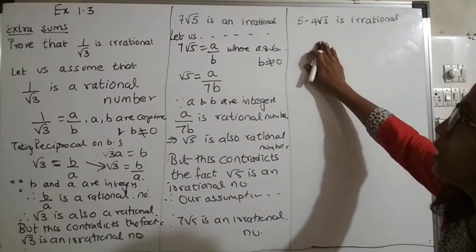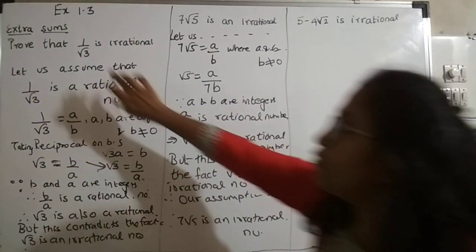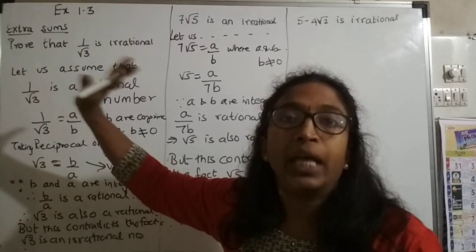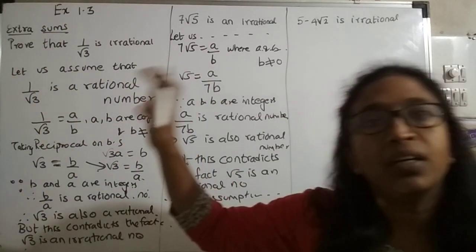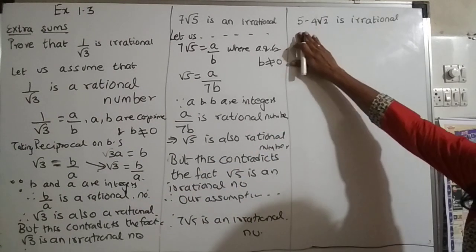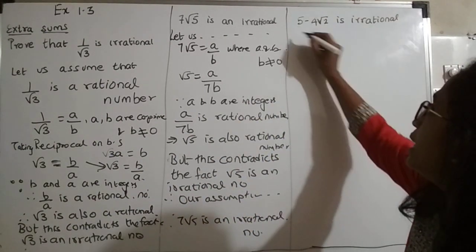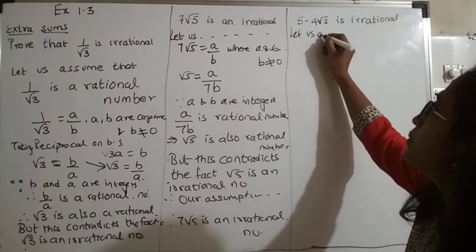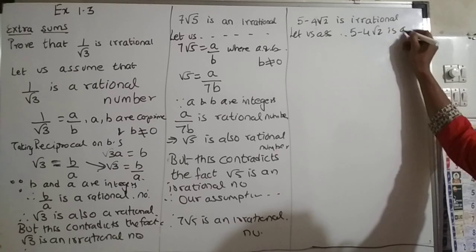Moving to the next sum. So I have shown multiplication, here is a division type of sum, how you have to do. If you have any other number, the same way, your aim is that you have to take root on one side and bring the numbers to the other side. Now, 5 minus 4 root 2 is an irrational number. So again, contradiction method, let us assume that